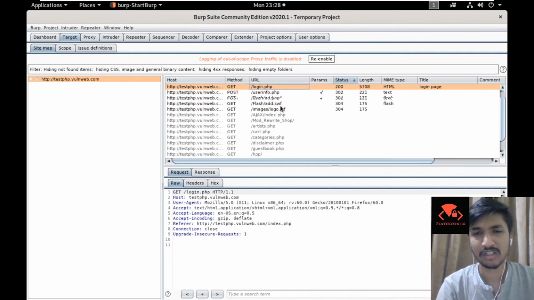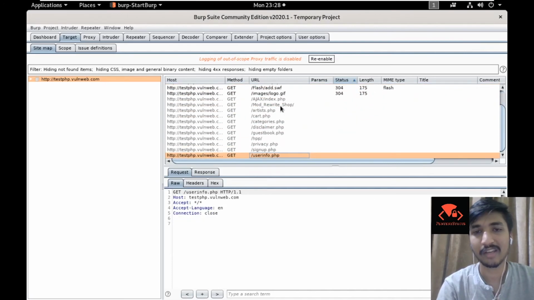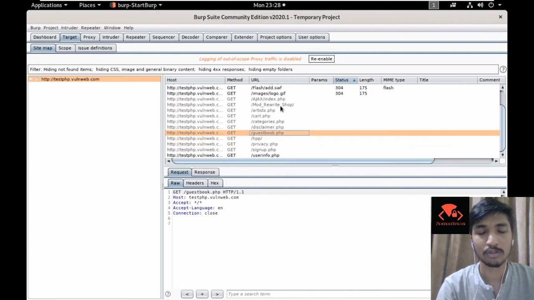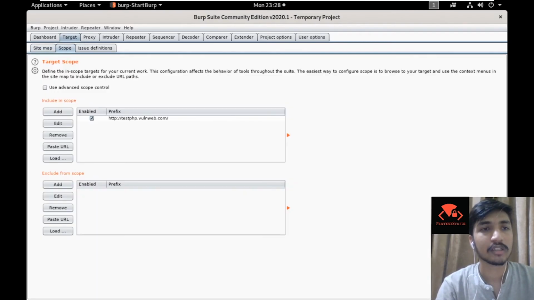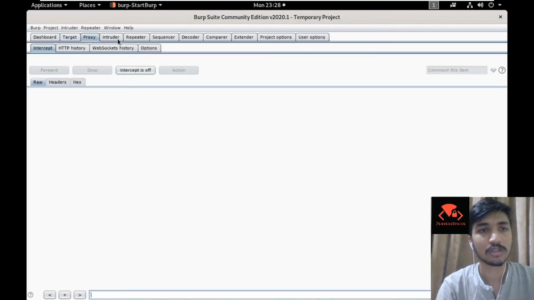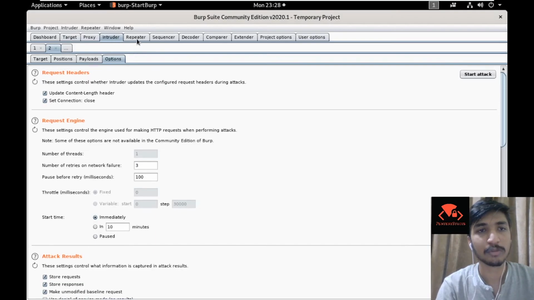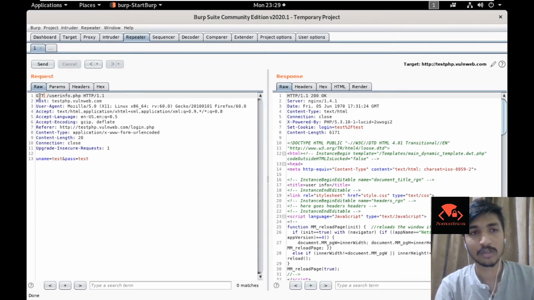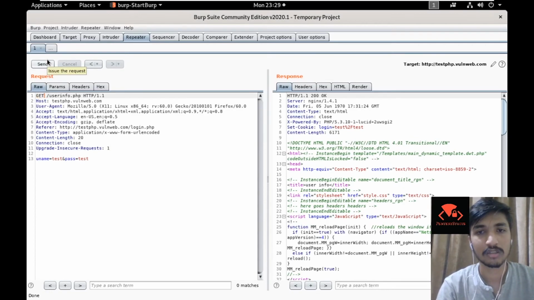You could go on Indian government sites and try to see if you can find something right here, or you could just set up something. Who knows, you might get an appreciation from NCIIPC. And then this is scope. Then you could go to proxy, and then the intruder for brute forcing logins, and then repeater if you want to custom edit something, like upgrade an insecure request, or just change it to POST and then send it.